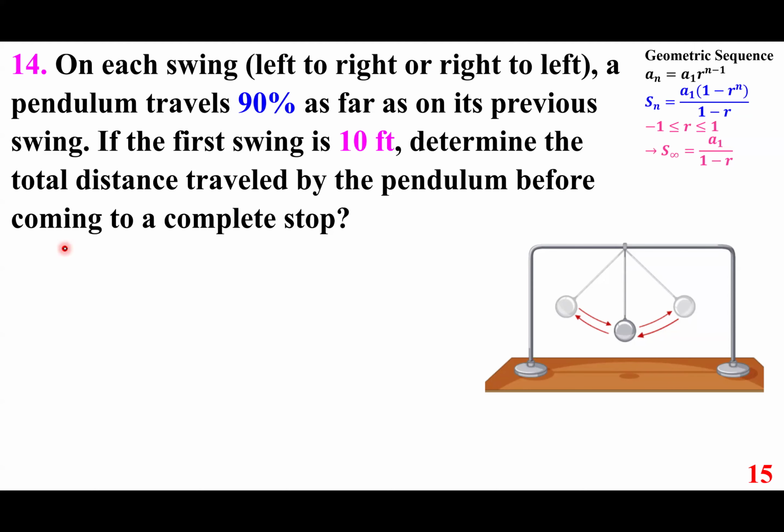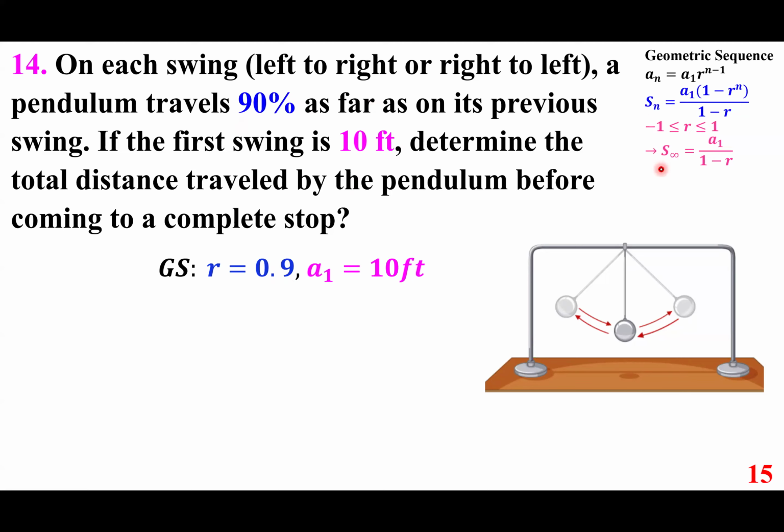Well, we start with 10, and then each time we get 90%. For example, initially it is 10, then it becomes 90% of it, which is 9. So that represents a geometric sequence. We're going to add them up into a geometric series. The first term is obviously 10, and 90% represents r. Now, r is between -1 and 1. Therefore,